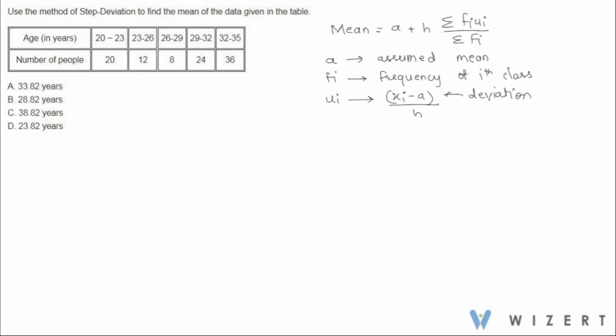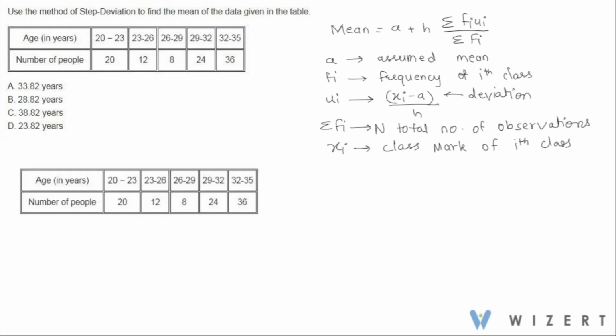Then summation of fi is n, which is total number of observations, and xi is class mark, that is midpoint of class of ith class. So we need few more rows in this particular table. So let's add them. So let's first calculate class mark, that is m,